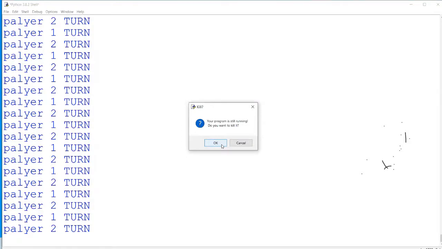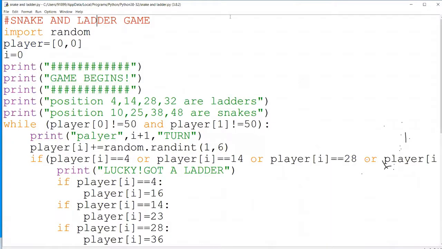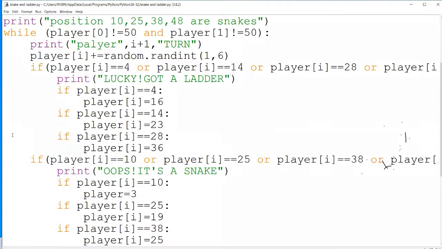Okay, for simplicity, because I'm not sure whether the game is proceeding or there is a bug in the program making it run continuously, I'll apply a few limitations.